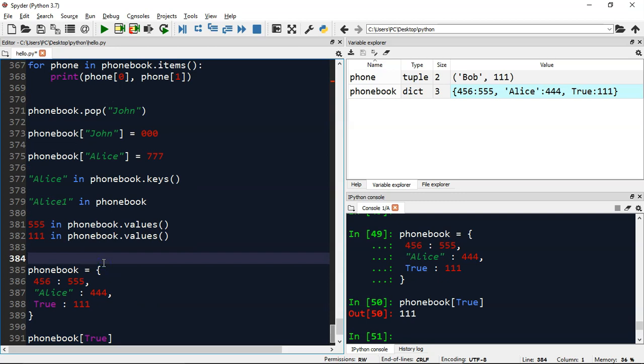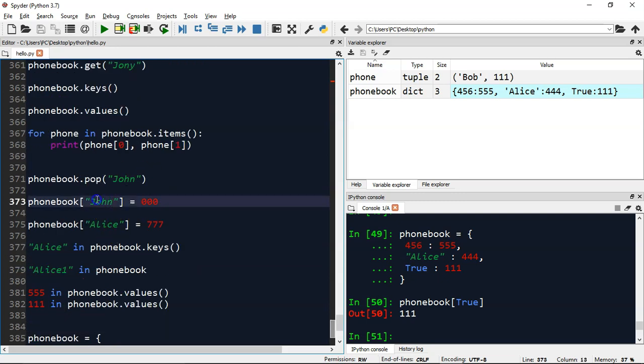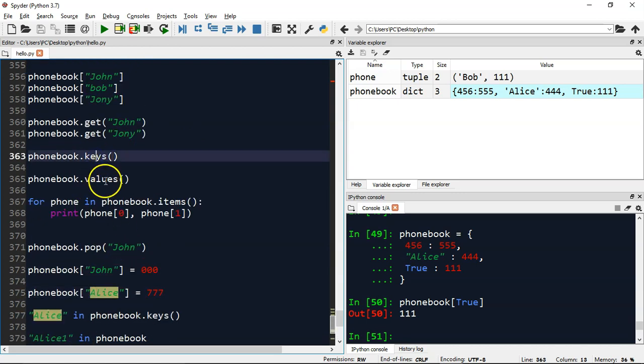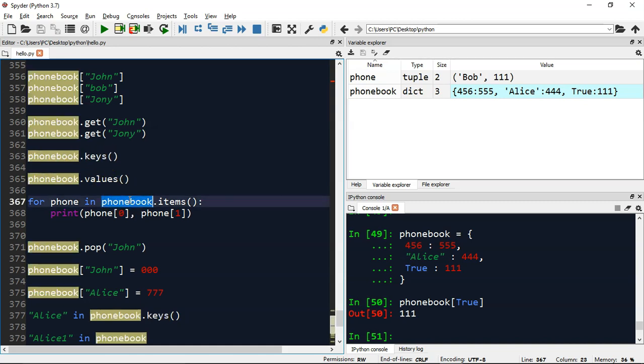Alright, so a lot of things we have learned in this video about the dictionary object, and that's all about this video. If you are totally new to the dictionary object, I suggest you practice, because this is one of the very important data structures available for any programming language learner, because every time you are going to use this one. So that's all about this video. See you in the next video. We will see something more and cool: how you can skip the execution of your Python program in the upcoming videos.